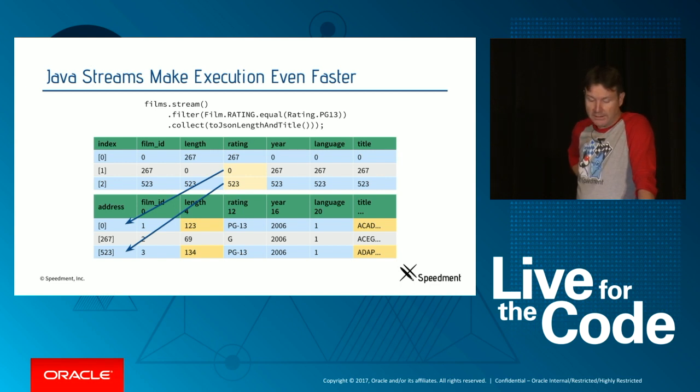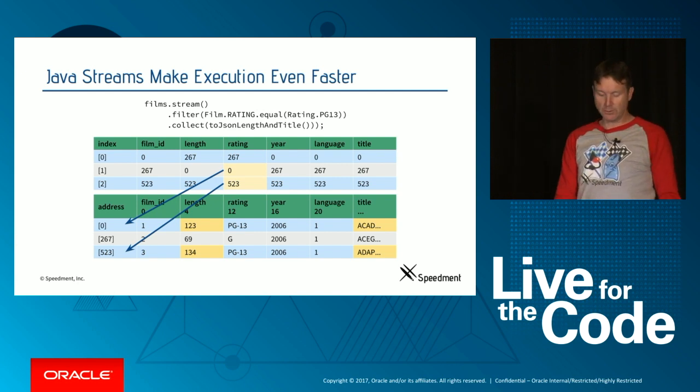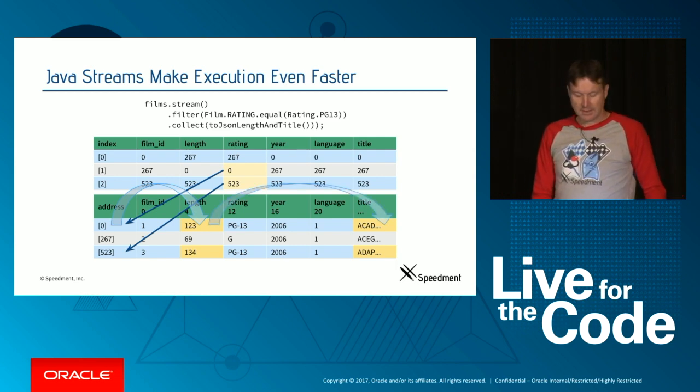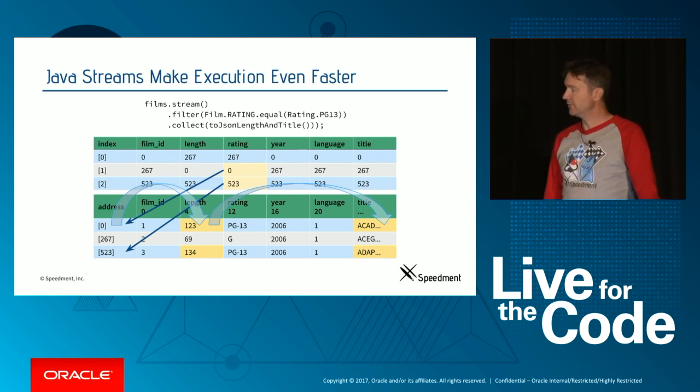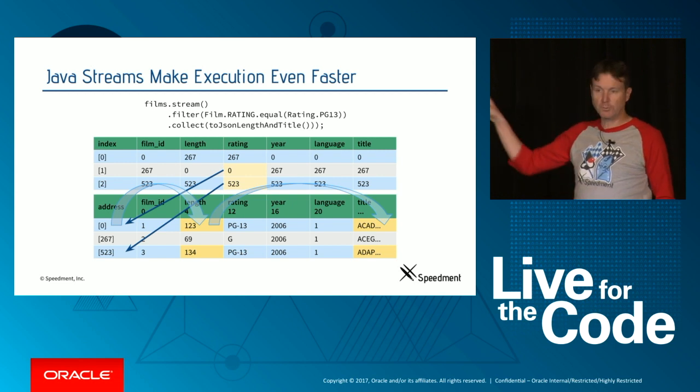So we can go there directly, and the collector dictates that it will only retrieve certain columns. So we don't have to materialize the stream. We only have to look at those particular columns. So we never have to materialize a film. And this is important if you have 100 columns or 300 columns in a table, because then it's very costly to materialize each and every one. So we haven't actually materialized anything except for the columns we needed.